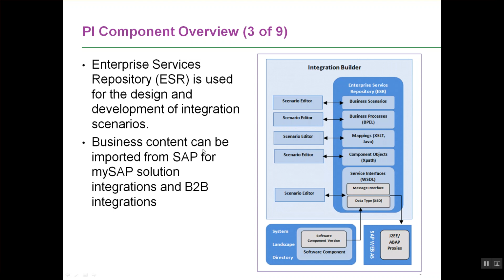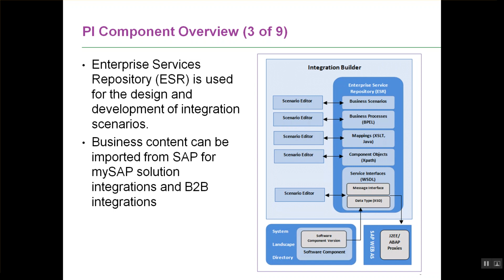One other important thing about PI, or one other advantage of PI in the context of SAP customers, is that SAP provides content for the enterprise service repository that can be imported into the enterprise service repository. Let me take an example. What if you have an integration of an SRM system between an MM and a SUS system?